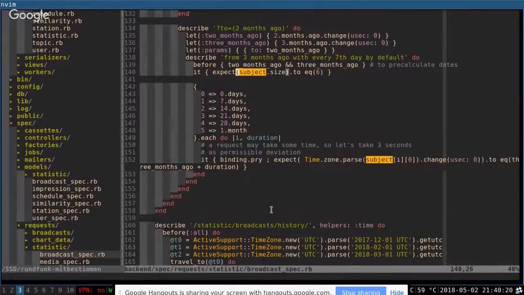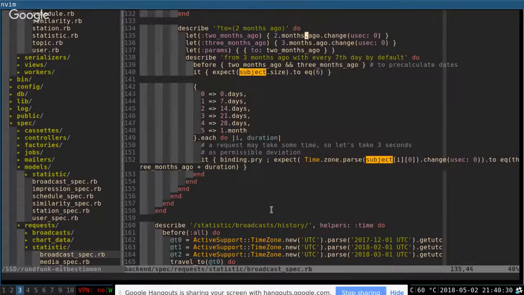These two here, they all failed. So we have here the expectation to be 6. So we have two moments in time: 3 months ago without the milliseconds, and the same thing for 3, and then we say params 2 months ago.